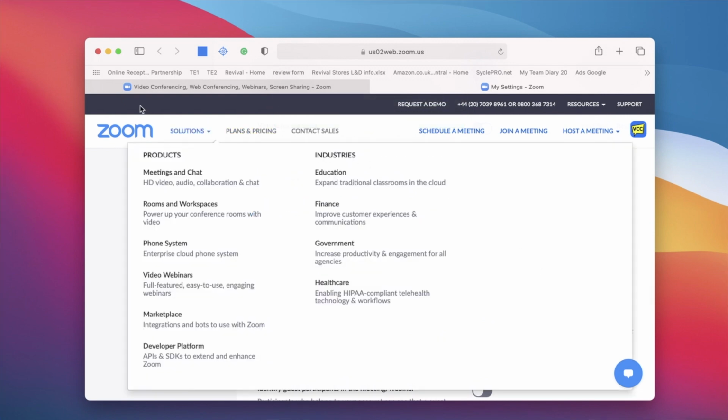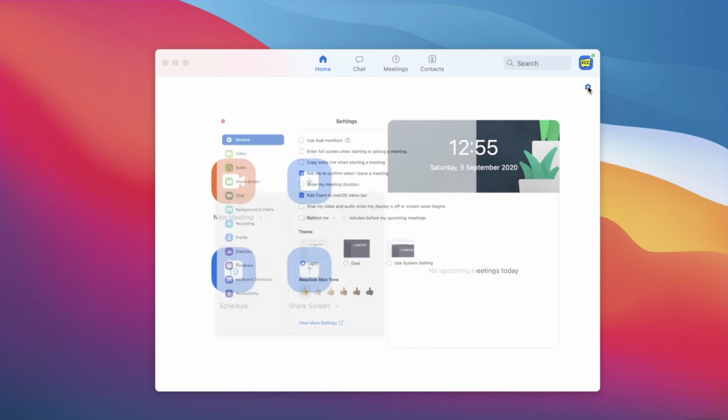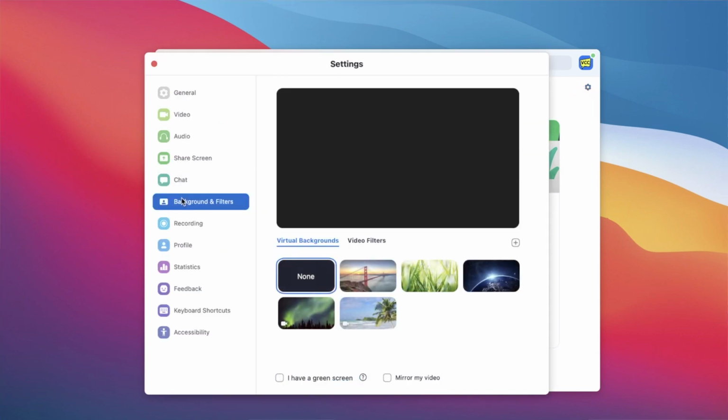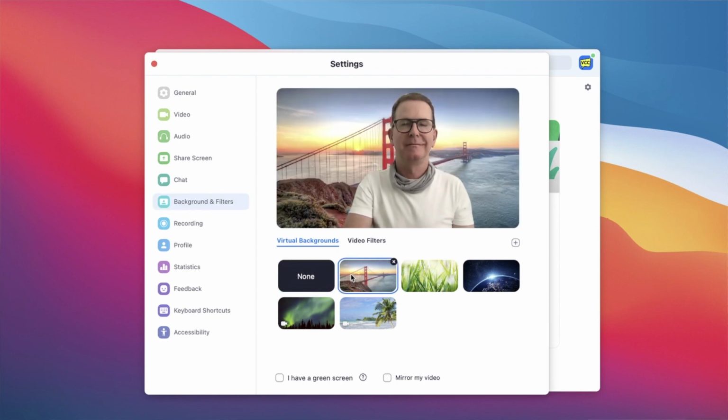Then you're done here, back to your Zoom app and select Background and Filters. Now, as you can see by default, we're on virtual backgrounds and we also have none automatically selected. So by choosing one of those stock images there, you'll see just how easy it is to remove and replace